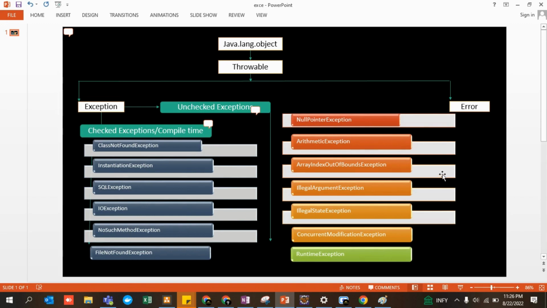Even if you do not handle them, it's okay, right? But these exceptions need to be handled. In the same way, if your father says something, you need to handle it. And if he doesn't say anything, these are not checked by your father, it's okay. If you handle, well and good. If you do not handle, that too, well and good.